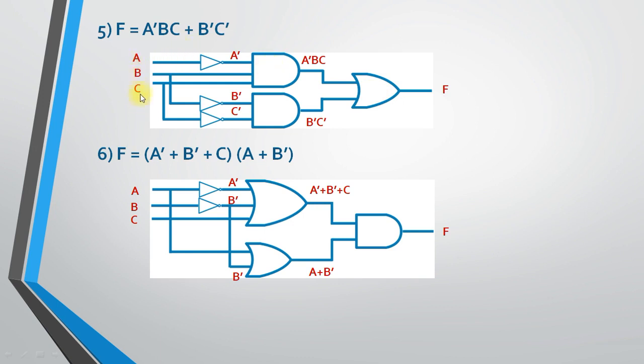Now see, in the first AND gate what you need to do is pass the values of variables A, B and C, but the value of A is A dash. So for A dash I need to use a NOT gate over here, and the values of B and C go directly into the AND gate. So this is the task of A dash BC inside the AND gate, and as output you will get A dash BC.